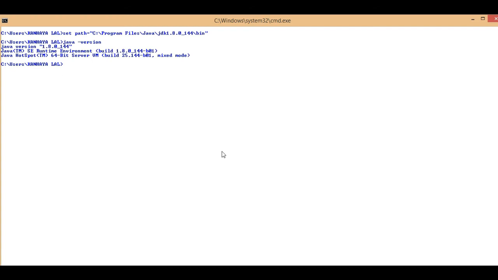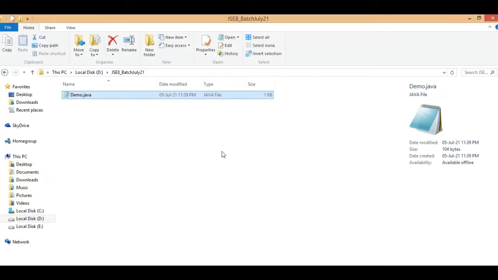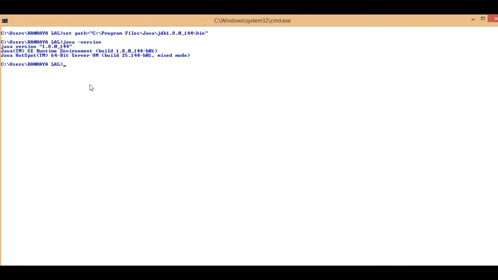Now to compile we have to execute the javac tool. This is the file name. Now what are we missing? This is the right path where the file is, so we have to go here first. We use cd, change directory, and this is the path where I would like to move.